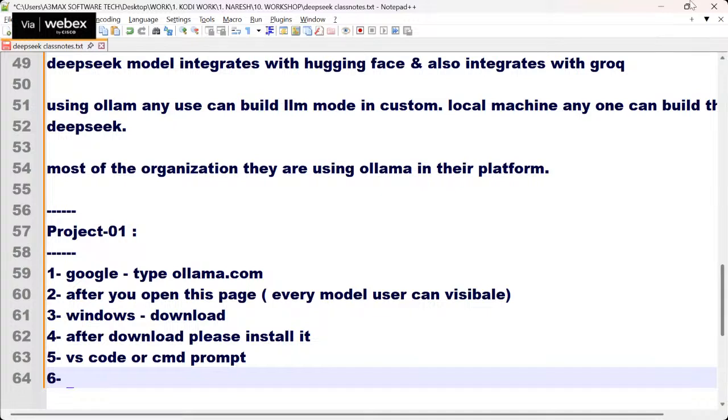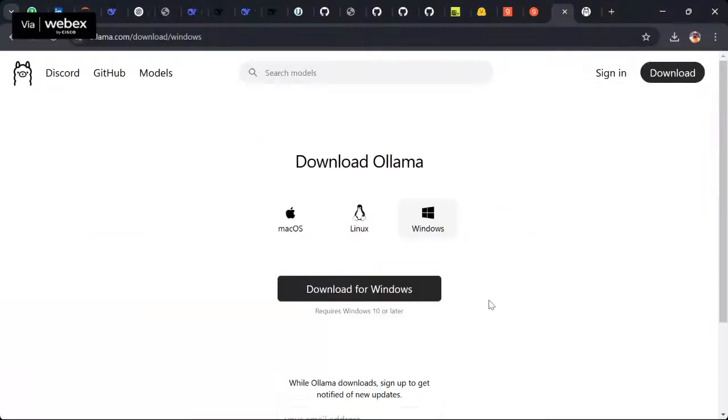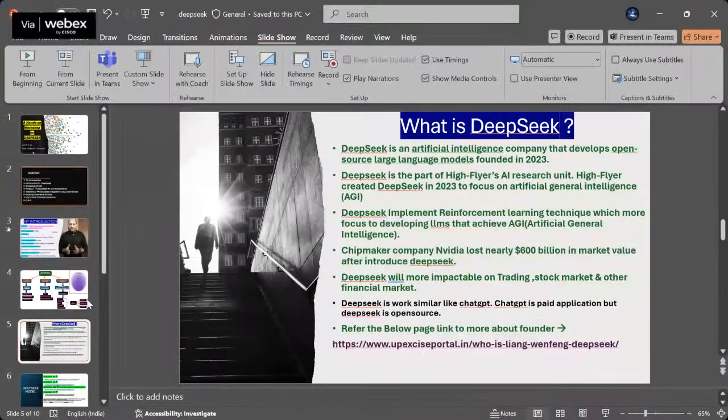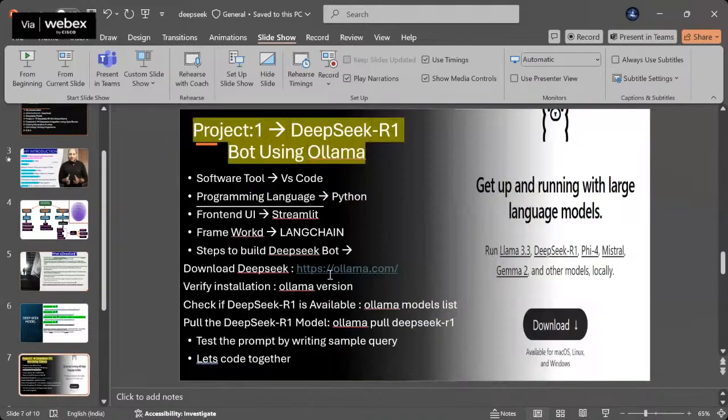All right, VS Code or command prompt. First, let me open VS Code here. Here we go, just VS Code.